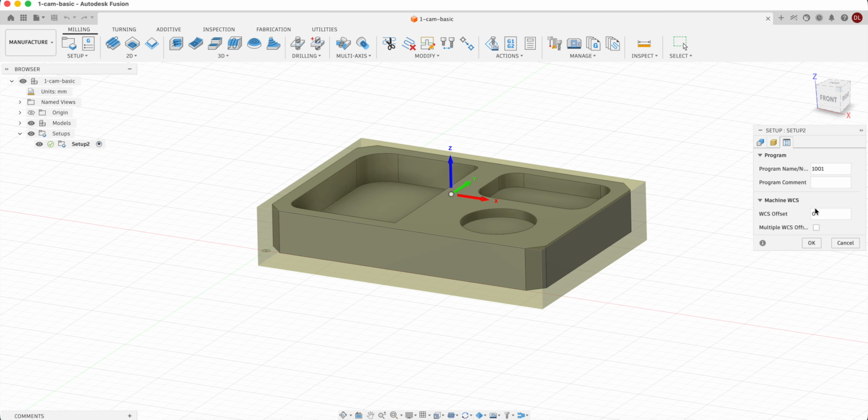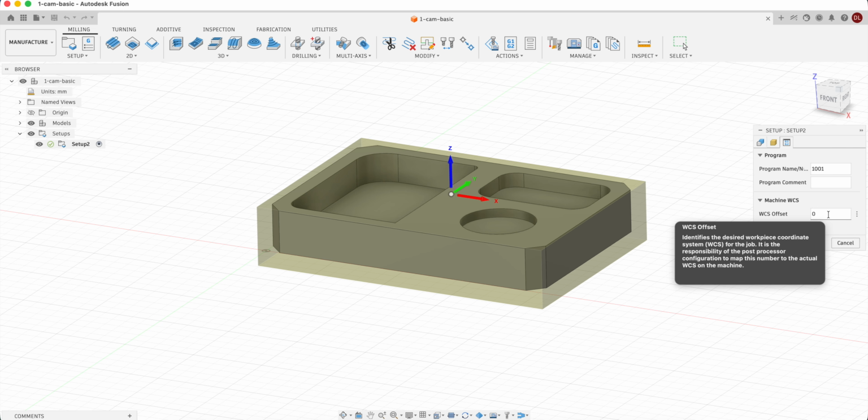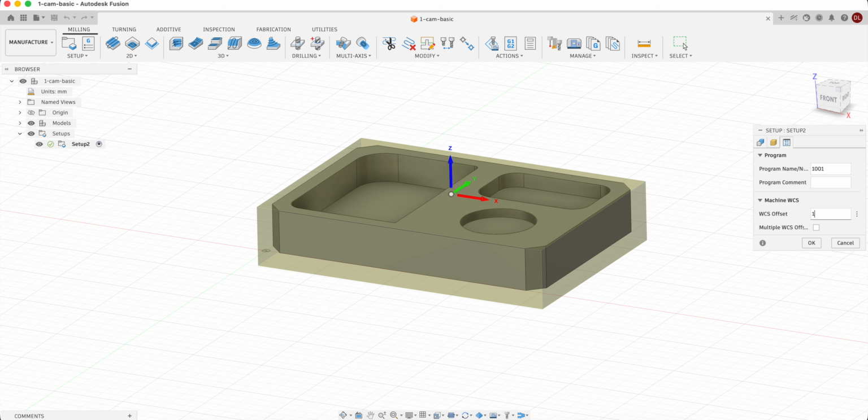And here in this section, we define the work offset number, and this is related to the post processor. If you need to specify a work offset number other than the default one, you need to find out how this is handled in the post processor. Often G54 is generated by default. If you enter 1 here, the G55 work offset number will be generated and so on, but these are issues related to post processor configuration, and if you use Fusion's default post processor,